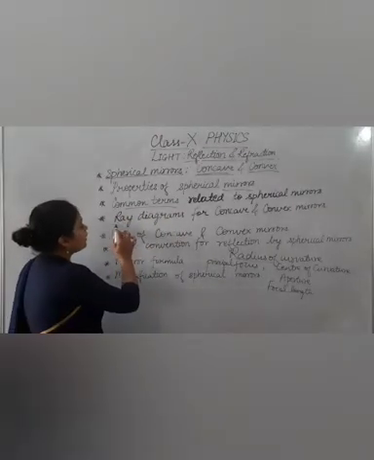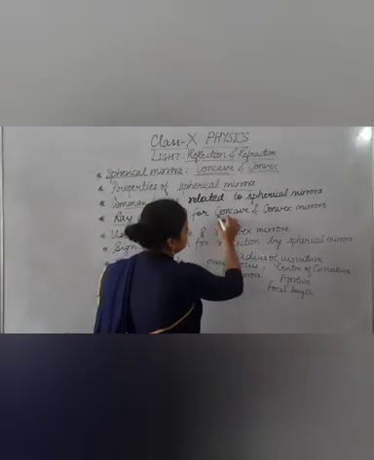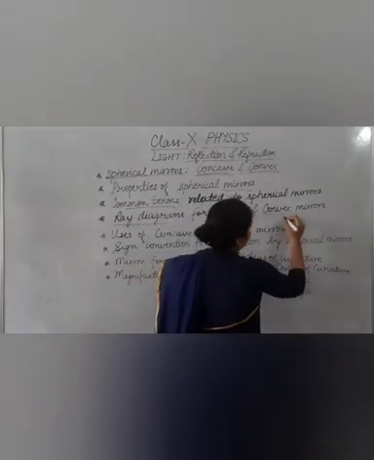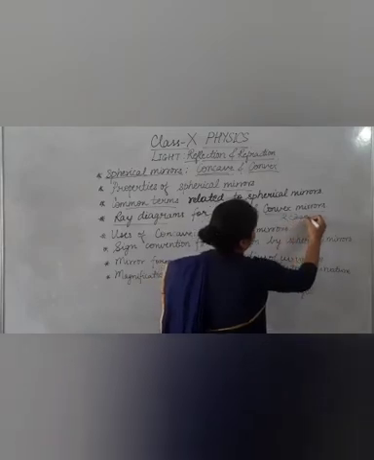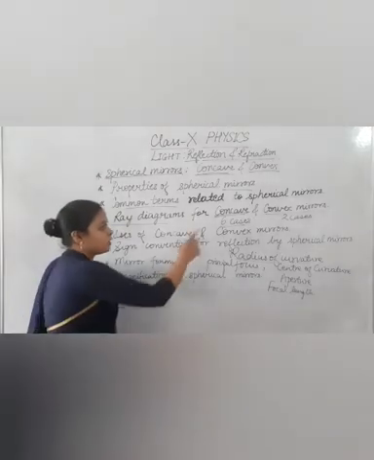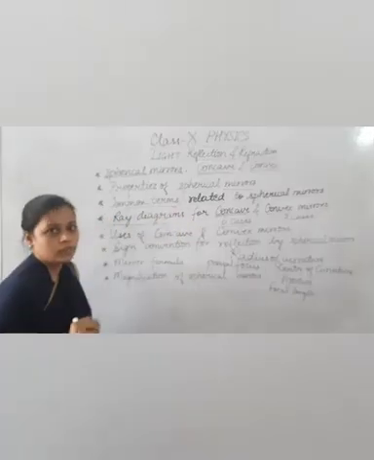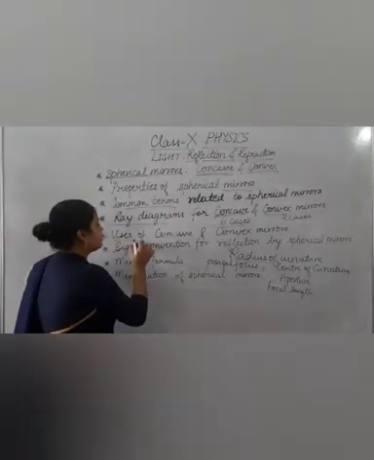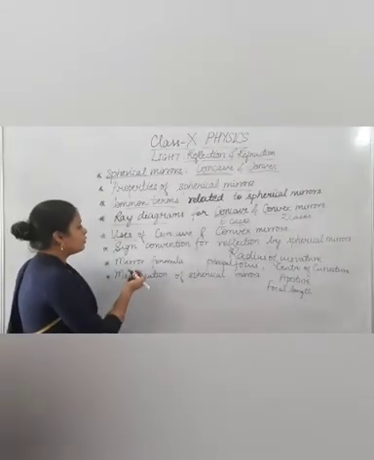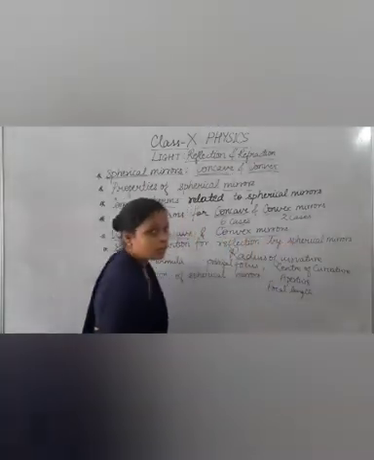Then after telling you the basic rules to draw ray diagrams, I will discuss ray diagrams in which the concave mirror has 6 cases and the convex mirror has 2 cases. I will discuss how to draw them and how the image is formed by the concave mirror and by the convex mirror, both individually. What are the various uses? When you understand ray diagrams, you will know the basic use of the concave mirror and of the convex mirror in our daily life.